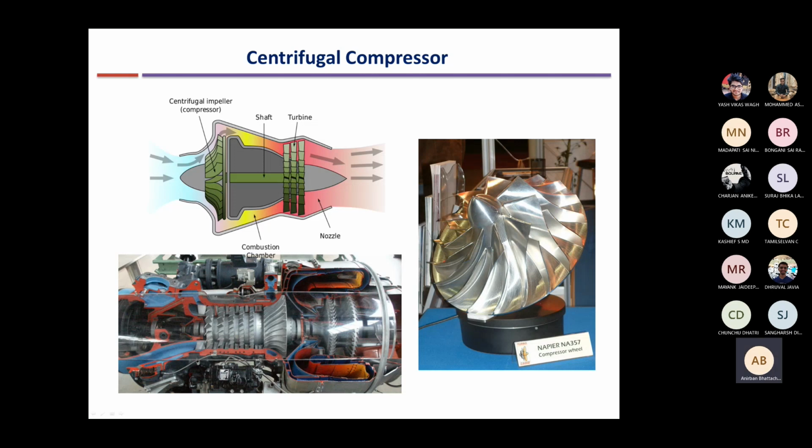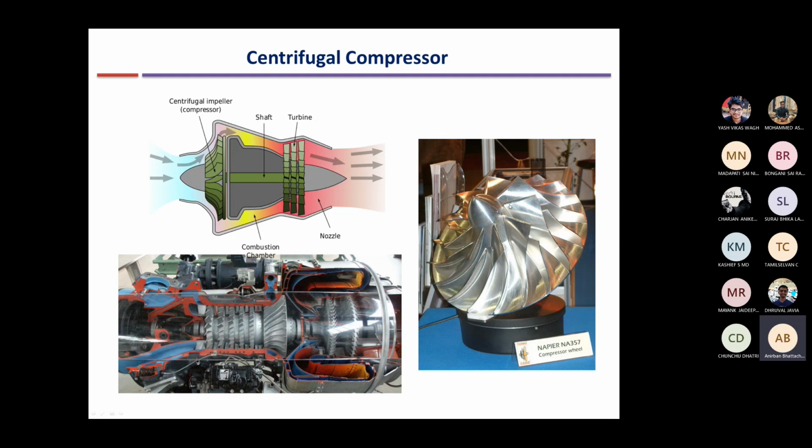Now this picture on the right hand side shows an impeller of a centrifugal compressor. It is difficult showing on screen. It would have been ideal if I was in a classroom and could directly show you, but you have to follow me here. The part that you can see on the top of the blades, which are known as vanes in this case, so these blades or vanes have a top part. This part is the part through which the air comes in. Okay. You can see my mouse, right?